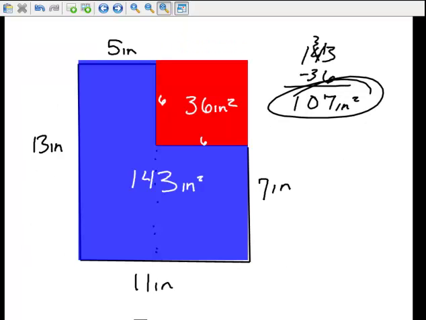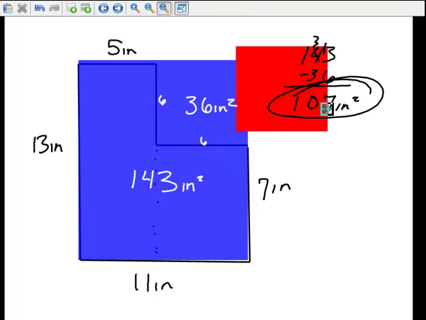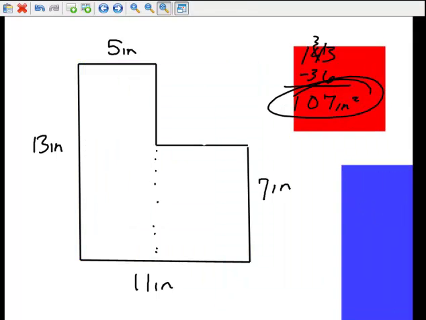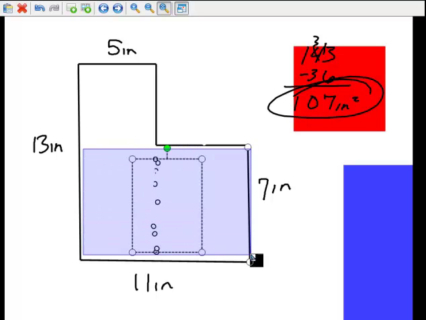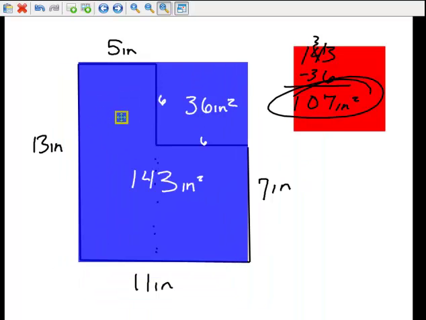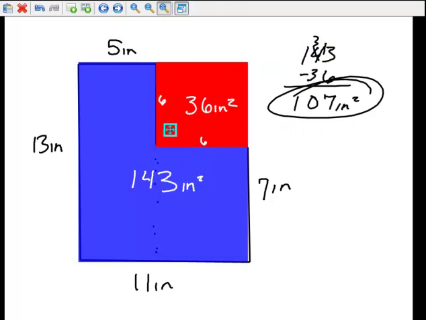So to find the area of different kinds of shapes, we had a figure here that was kind of misshapen. We could either split it here and find the area of this section and add it to this section. We could split it here and find the area of that section plus this section. Or we also found that we could find the area of the larger rectangle and then subtract a smaller rectangle that is cut out. Any way you cut it, you have 107 inches squared for the area of this figure